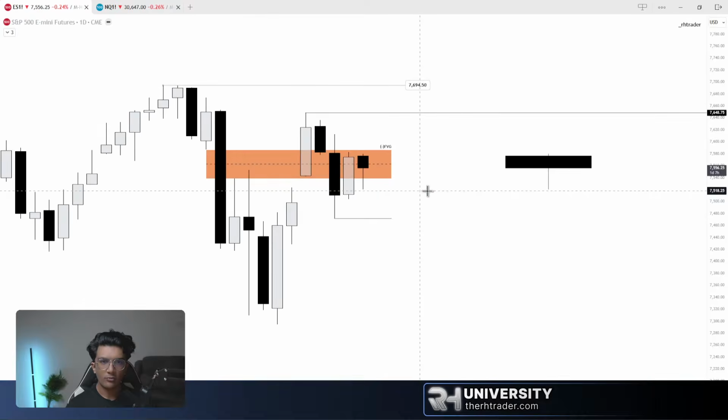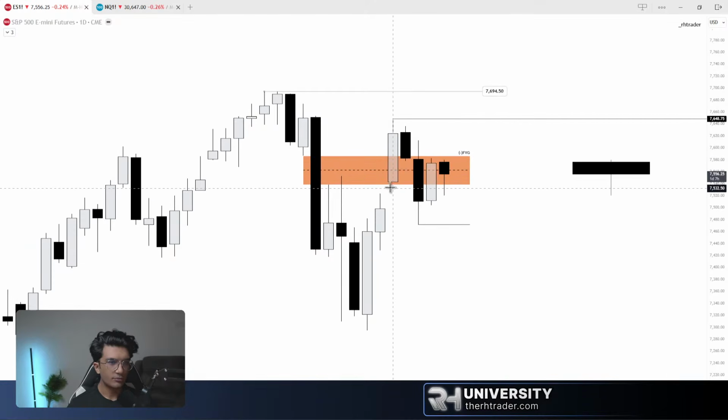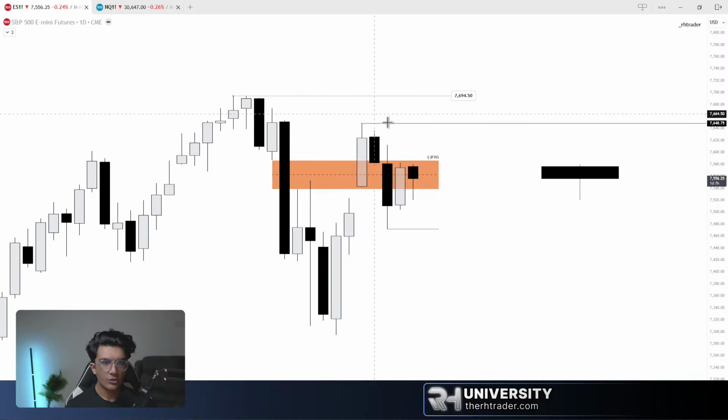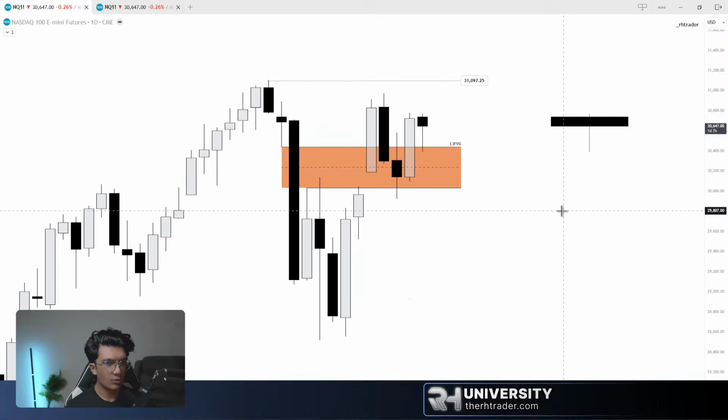So you should always be aware of both scenarios and what you should do as to the current scenario. So you will get more information on a Monday. So price, let's see what it does on a Monday. If Monday just consolidates, you can expect Tuesday to take out Monday's high and Monday's low and frame your bias for the week that way. You're always going to approach the market with an initial bias this way, but you'll always be ready to change it if price shows you what you're looking for, right? So that is Nasdaq and ES, quite simple.